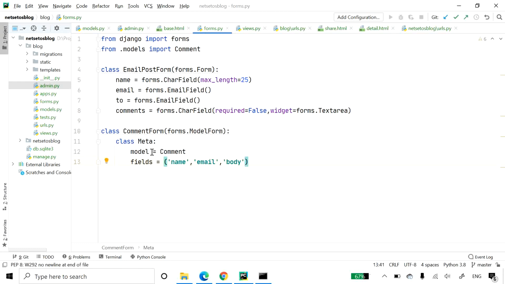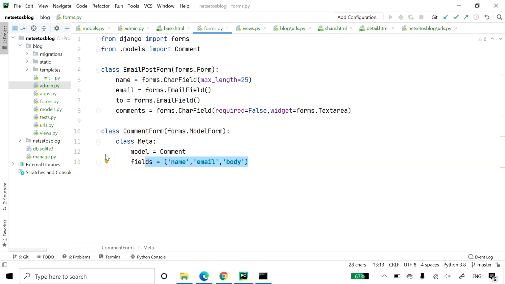So here we have created a class Meta so as to create a form from a model. Here Django needs the model and builds the form dynamically for us. Each model field type will have its corresponding form field type. The way that we define our model fields is taken into account for form validation.